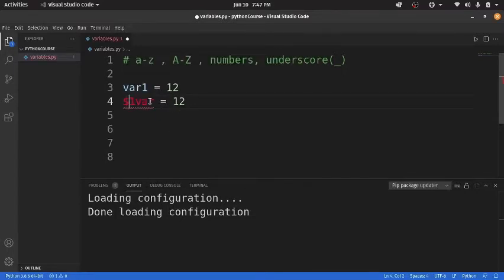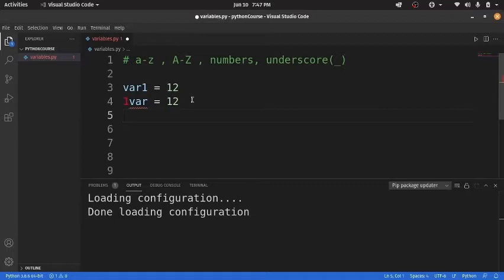The use of special characters is also not allowed. You cannot use any special character here, it will show an error. Only A to Z, small and capital, and numbers, and also not at the start. The first character cannot be a number, to be precise. And you can use underscore wherever you like. These are the only things you can use to declare a name.